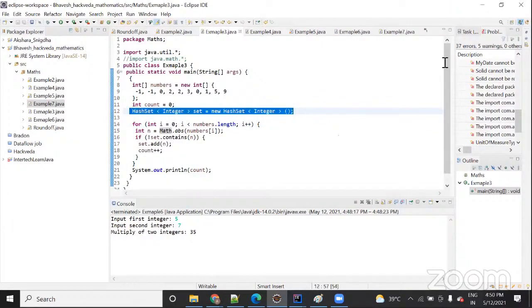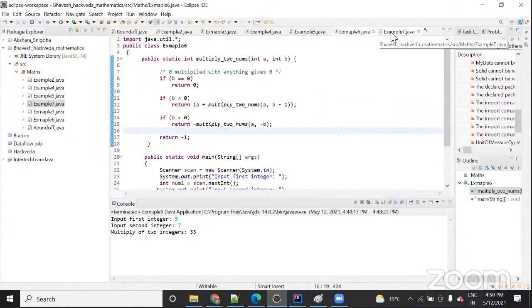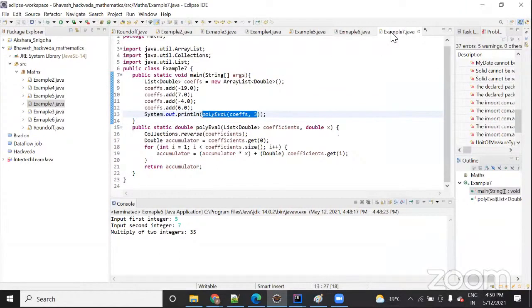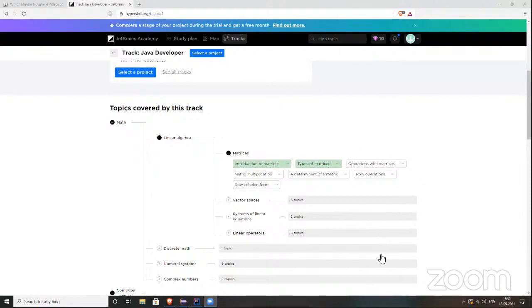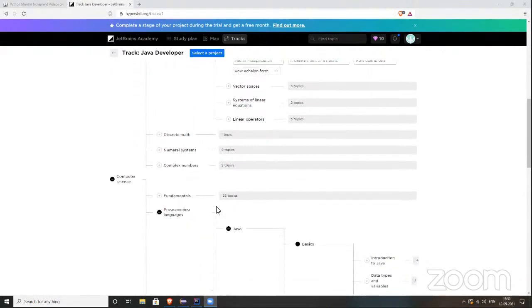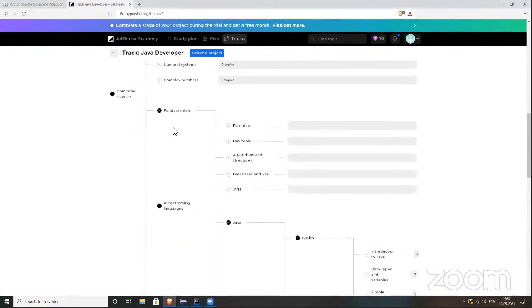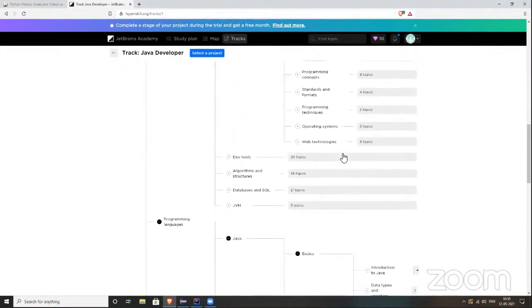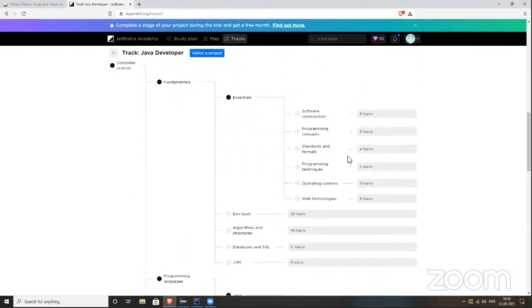So, shall we start your programs in IntelliJ? I'm just stopping sharing my screen. Just share your screen. Which do you want? Shall we go to the fundamentals topic? Whichever you feel is more interesting and easy for you to understand.